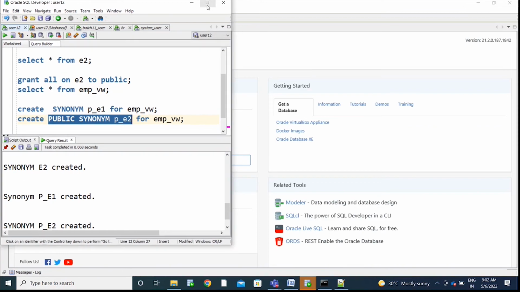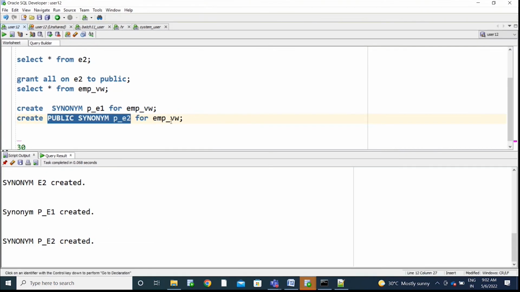The synonym's main advantage is to provide a permanent alias name. So to hide the original object, we'll use the synonyms. So we have two types of synonyms, private synonym and public synonym. So private synonym will help you to create the private synonym, and synonym is just used to provide original